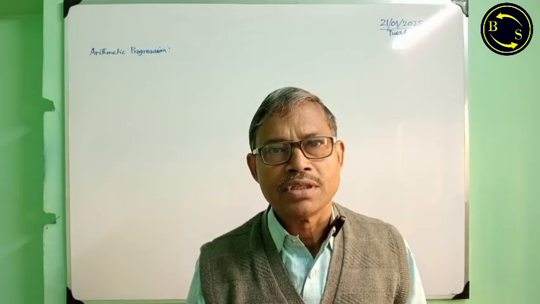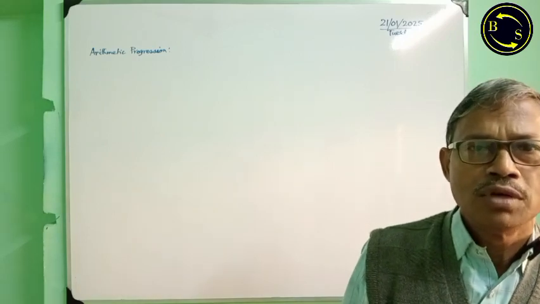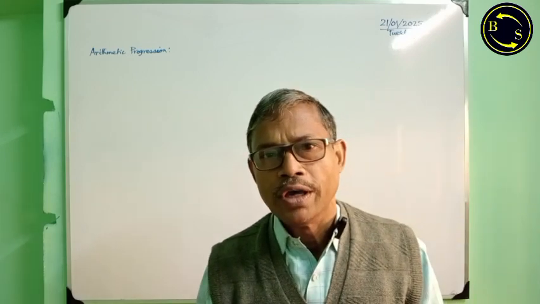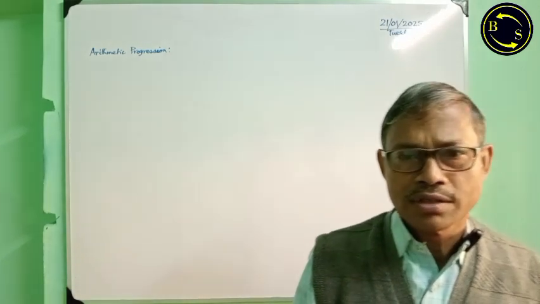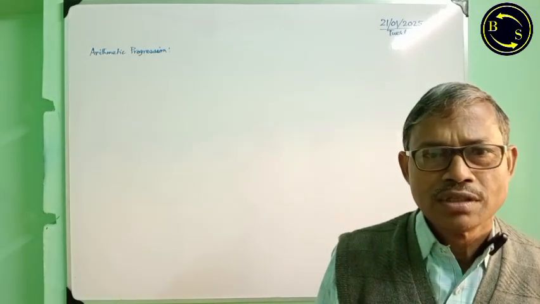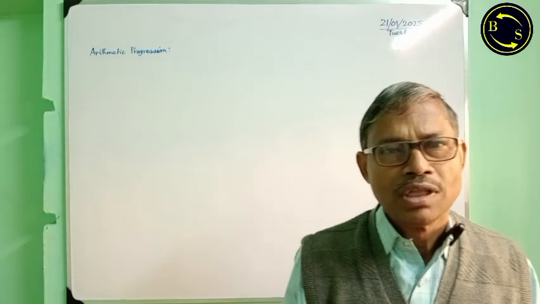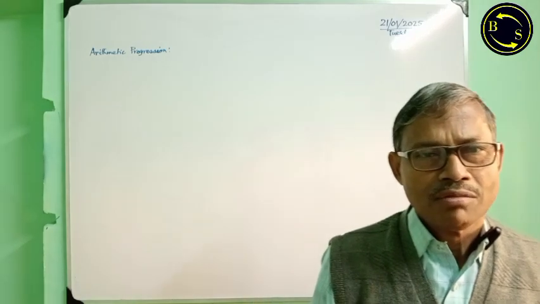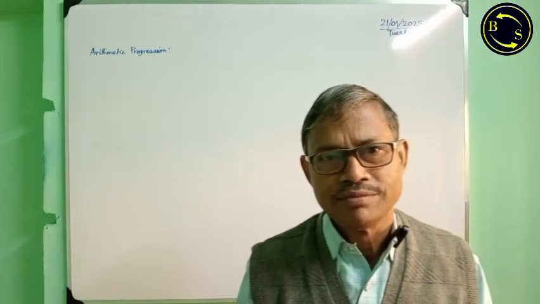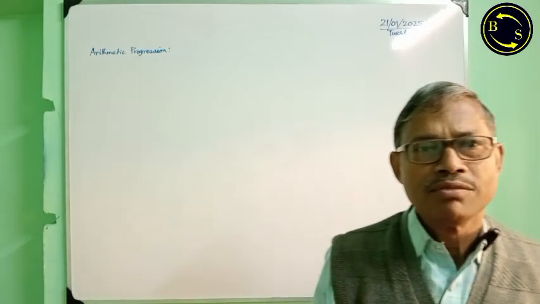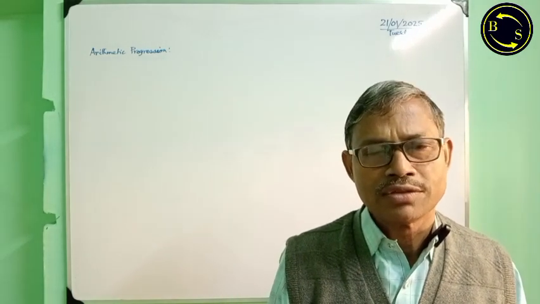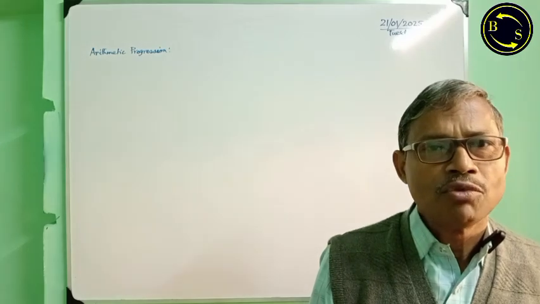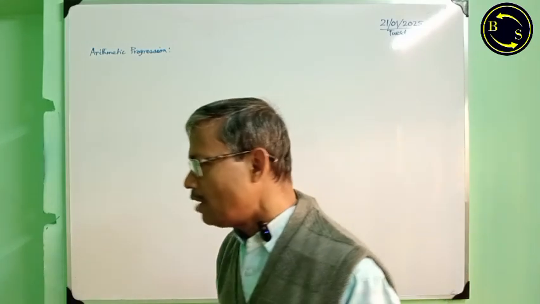Students who are interested in mathematics, let me tell you one story. In England, there was a boy who was reading in lower classes, 6th, 7th standard. He was a naughty boy in the classroom. The mathematics teacher couldn't restrict him, but the boy was very intelligent. One day, to control him, the teacher gave one sum in the classroom and told the students to finish that sum. The sum was like this: to find the sum of